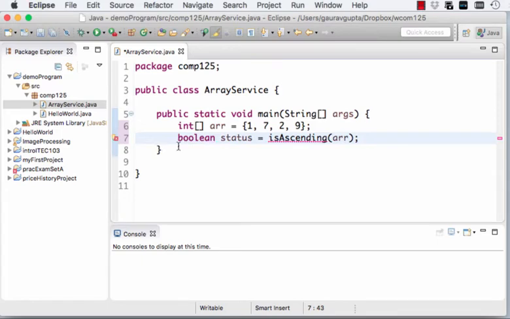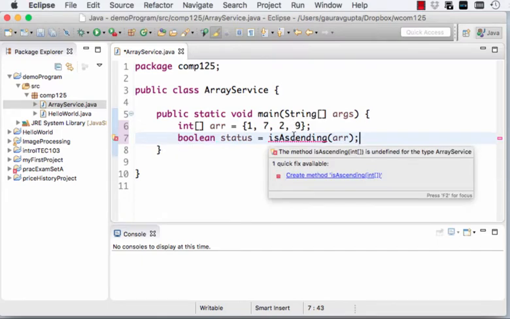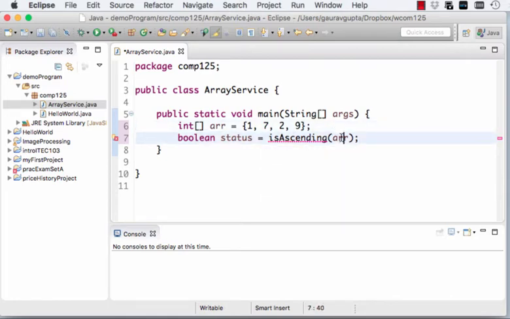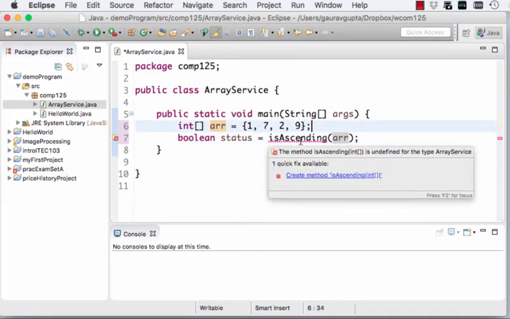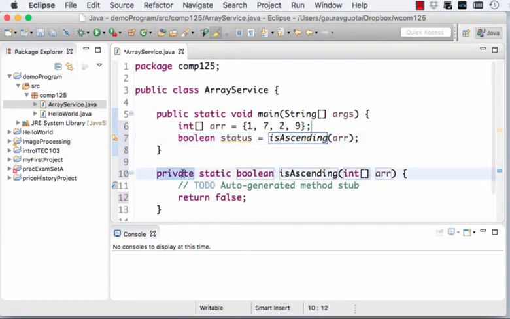Now again, I'm going to reiterate that Processing sees that there is a method isAscending that requires an integer array to be passed and returns a Boolean value. So it's going to give you this error and a quick fix that you can create this method, which you do. Change the visibility to public